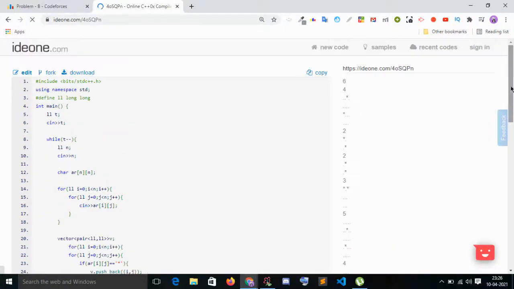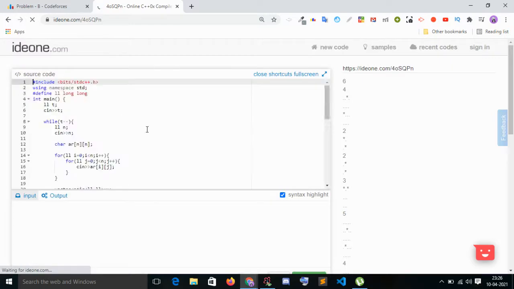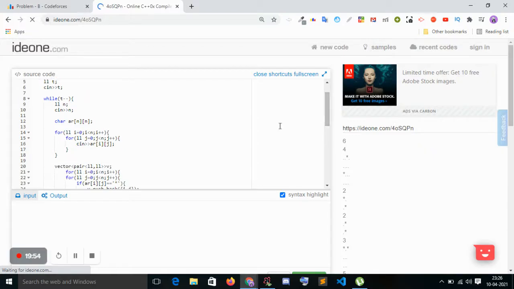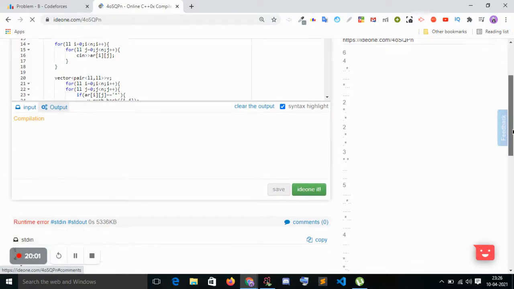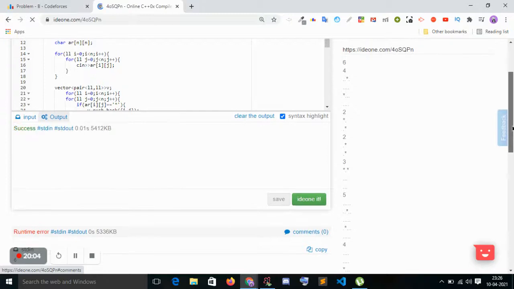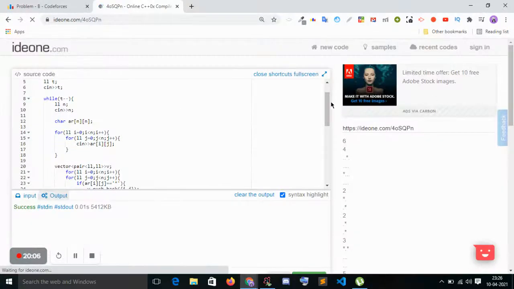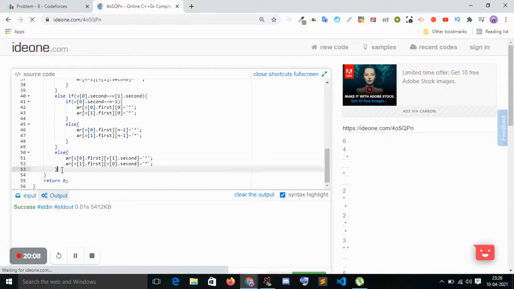There is a runtime error, we have to check it. Wait, I'm not printing enough.